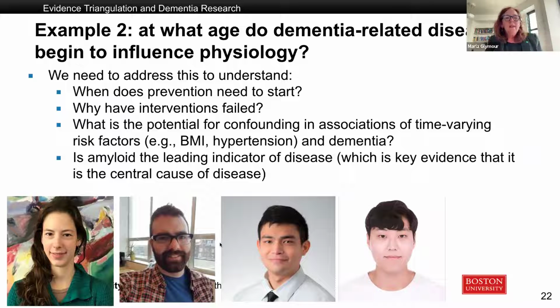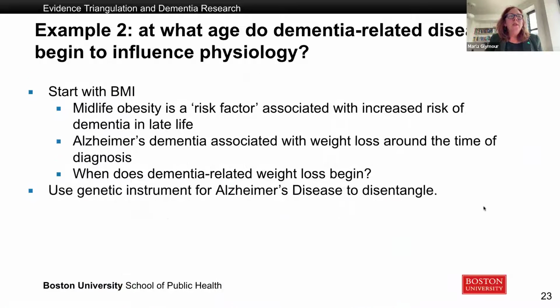This is work that has been led and completed by a bunch of wonderful team members, and now Willa Brenowitz, who's at Kaiser Portland, Scott Zimmerman, Peter Buteau, and Min Choi, who are all research analysts on my team, have all contributed importantly to this work. We've done a few examples of this. We started with body mass index because there was a funny puzzle, but now we've done a few other examples. But I'm going to talk mostly about body mass index because it has the prettiest picture.